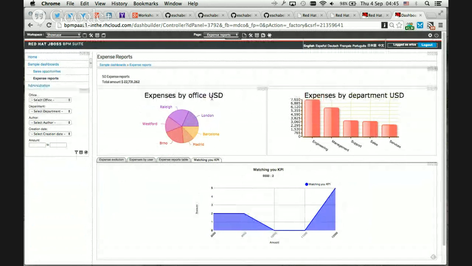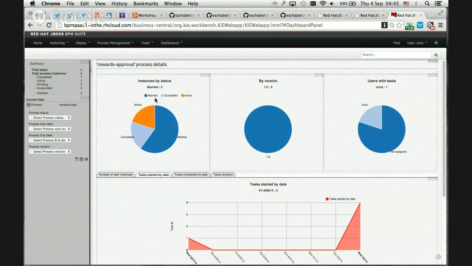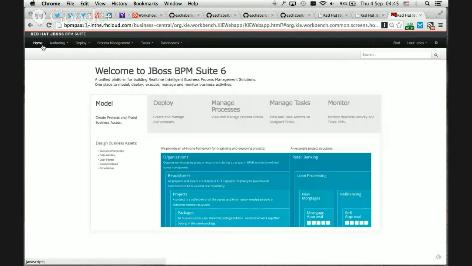There's all kinds of ways to configure what you're allowed to see in a report. I'm not going to go into all the details, so who has access, what role has access to see this stuff. So you can see different dashboards based on different users. When you're all done digging around in that, you can just throw away your filter and it'll go back to the top level. And that's our tour of the BPM Suite Red Hat